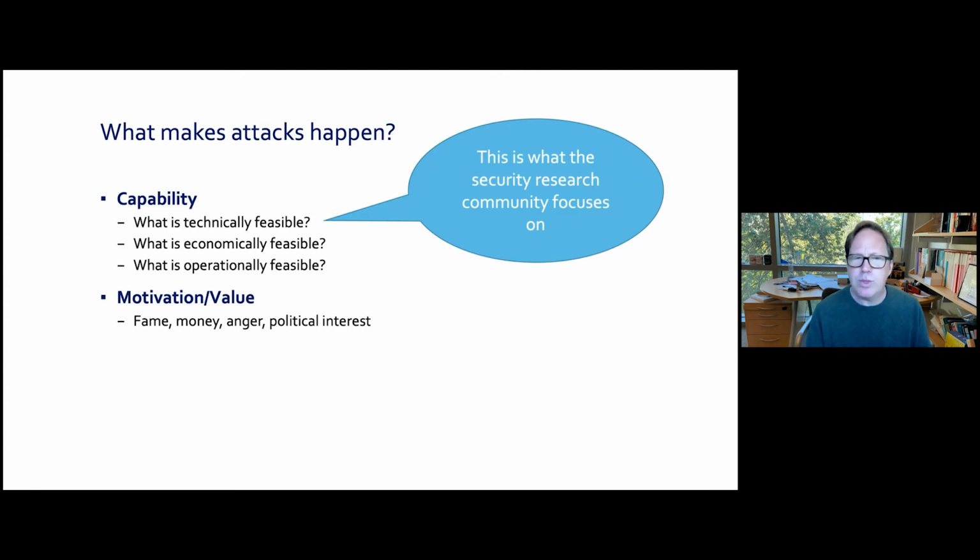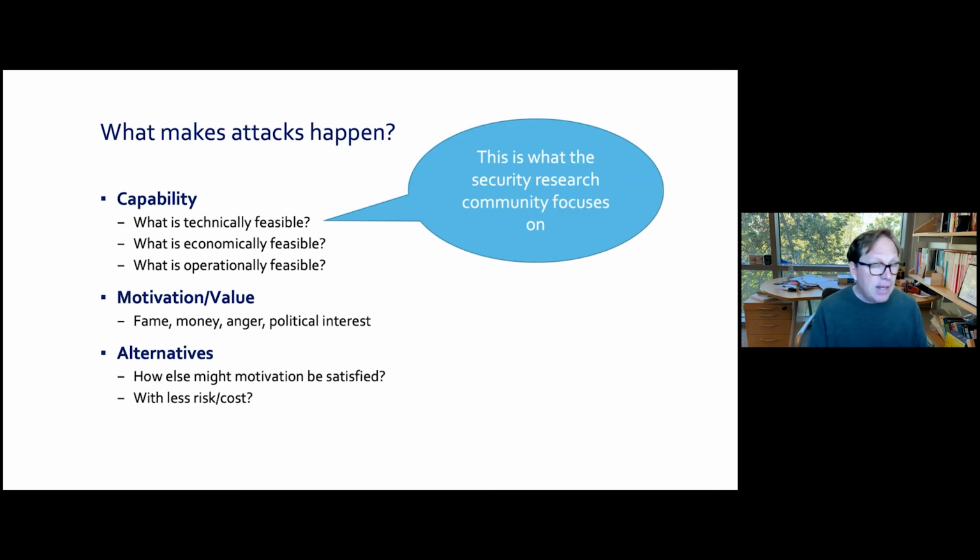And how do those dovetail with these capabilities? Are the people out there in like Anonymous who are upset, do they really have a spare $1 million to figure out how to hack cars? And then, and this is a big one that people don't tend to talk about, what is the alternative? So if you are seeking to attack, are there other ways that you might do that with less risk and less cost? And this, I think, is one of the key issues as to why we don't see these kind